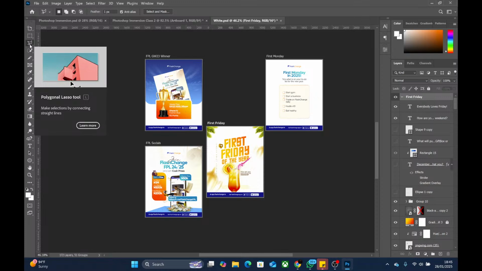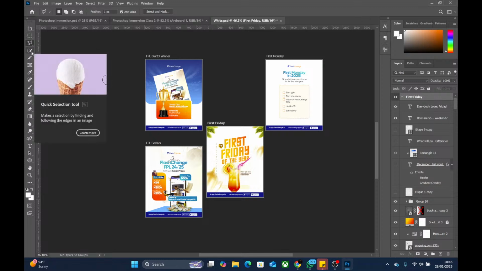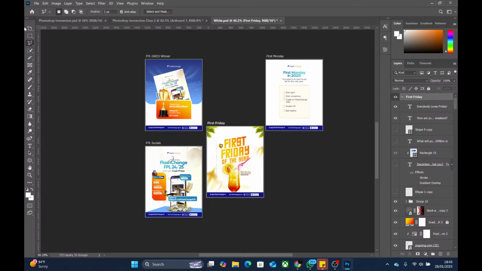So when you're experimenting on Photoshop, you can always just put your mouse on any of these tools and then you learn what that tool does. So let's continue. Those are the things that I needed you to learn about these tools. So we have discussed the move tool. You can click on it. Once you select the move tool, you can move anything around.